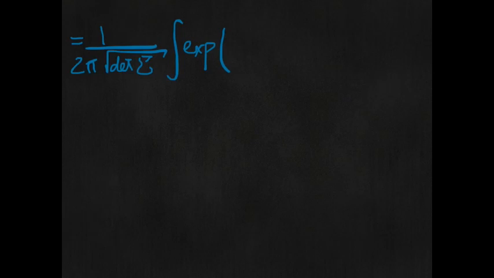My integral is equal to this constant factor 1 over 2 pi square root of the determinant of sigma times the integral of e to that exponent, which is now minus 1/2 z transpose z. And with the change of variables, I need a Jacobian determinant, which is given by